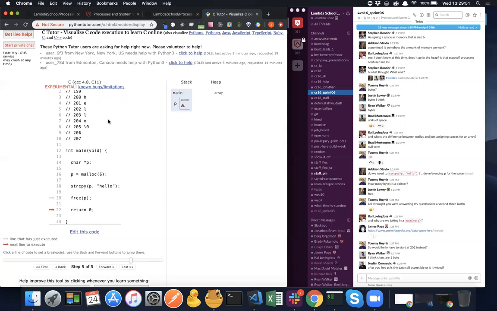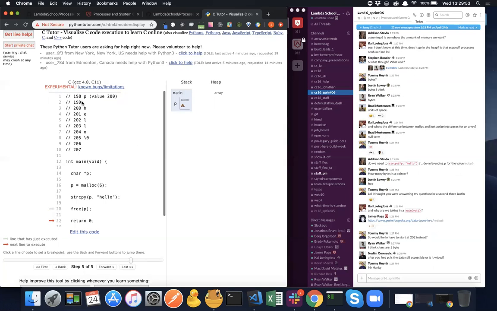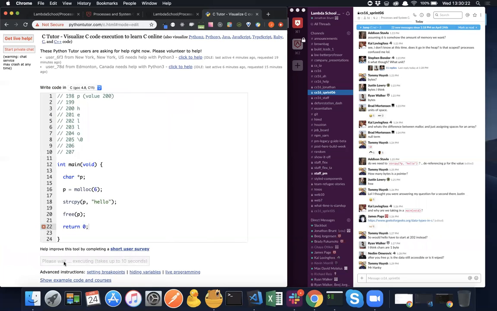And the comments here, these numbers mean nothing, but they were just to show we have a pointer that's pointing to value, let's say 200 in memory. And then each of these spaces that we've allocated, 6 spaces in memory. Each space that we allocate holds a character, a primitive data type, and our null terminator that we had to account for. And then you see, as we run through it,